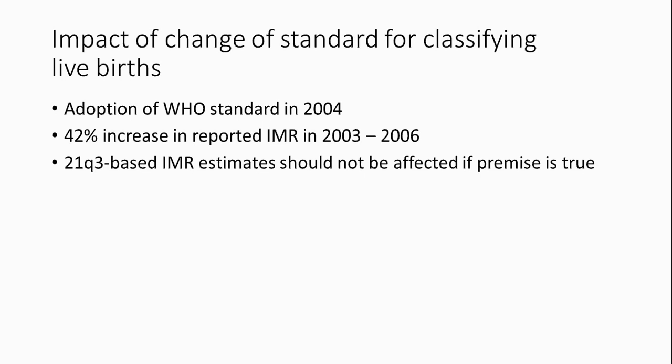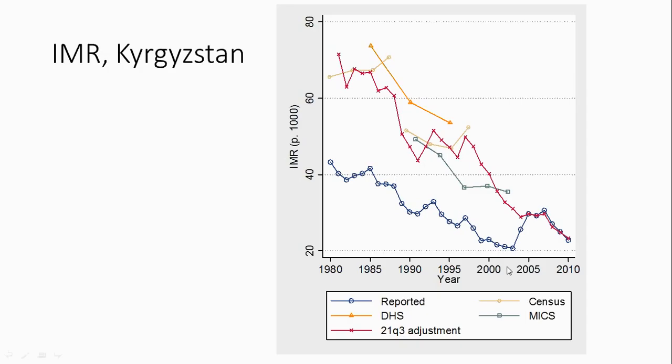And as a result of this change of standard, there is a 42% increase in the reported IMR between 2003 and 2006, which we saw in the initial graph showing the unadjusted IMR trend. So this is actually the test for this adjustment, because the 2Q1 3Q3-based IMR estimate should not be affected by this change of definition if the premise is true. And in fact, as you can see here, you have this increase in the unadjusted